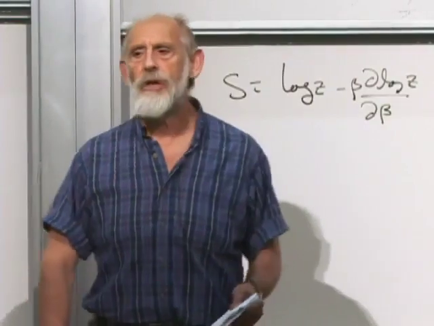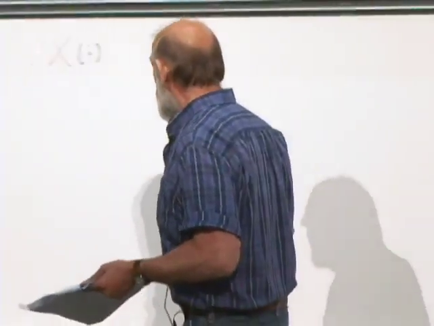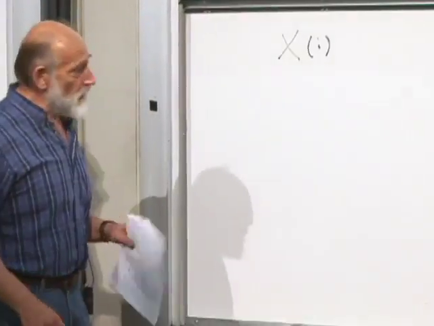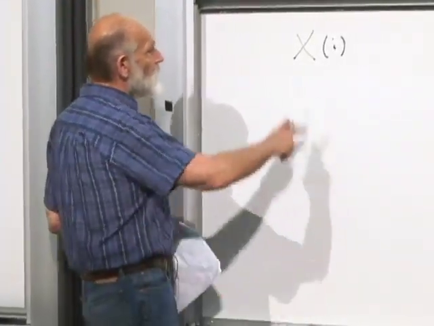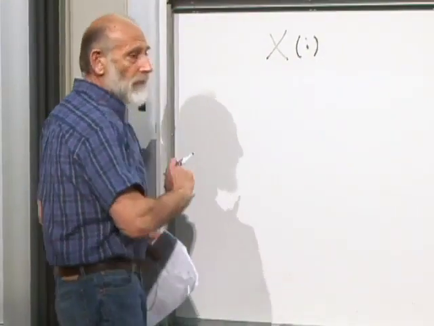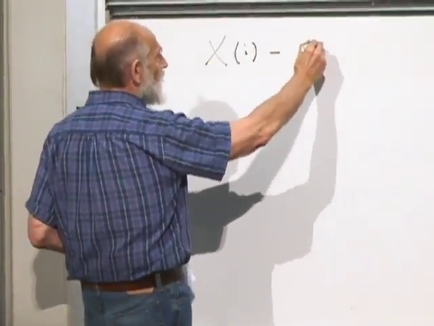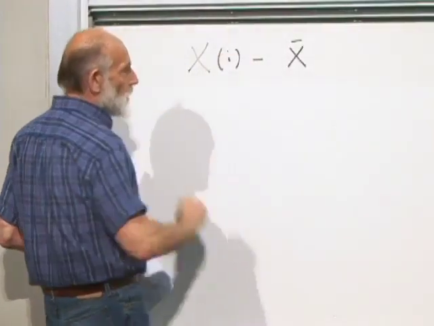And I'm interested in the probability distribution, I'm interested in the variance of x. Or if you like, let's call it the uncertainty or the fluctuation of x. The fluctuation of x, how do we define it? Well, I'll give you a definition. The definition is, first of all, subtract from x its average. So subtract from x its average value.